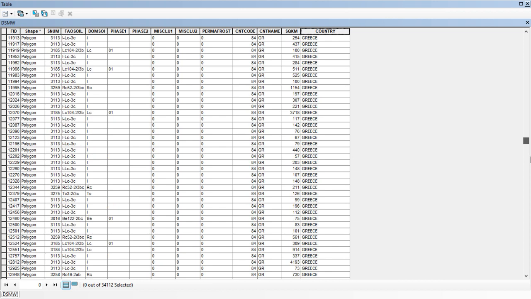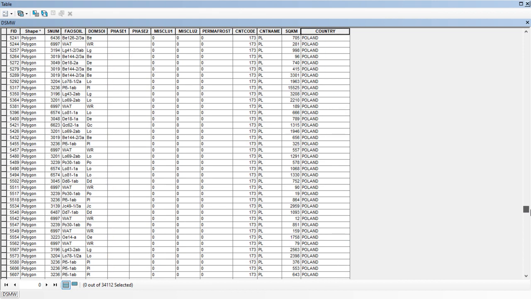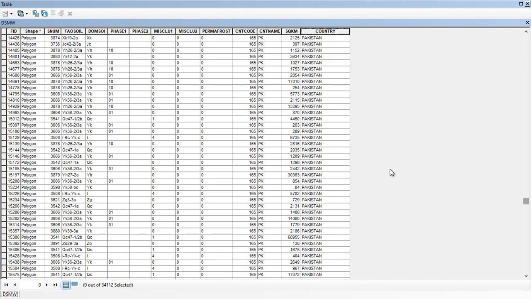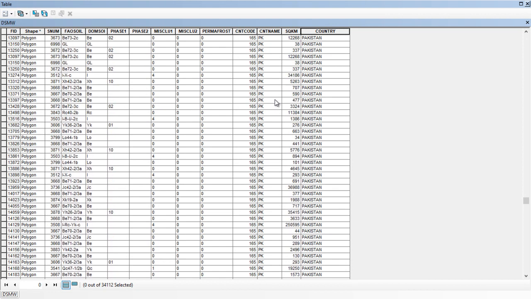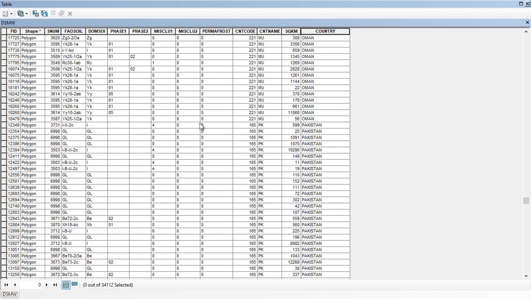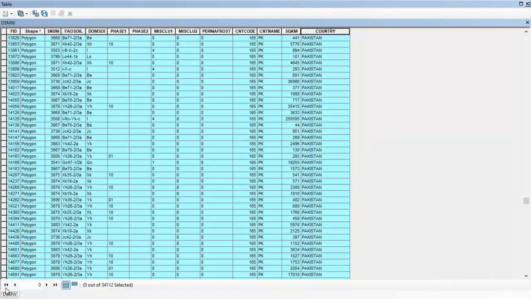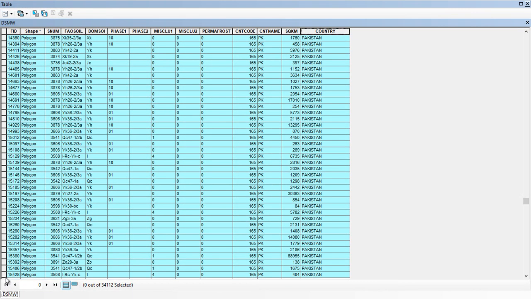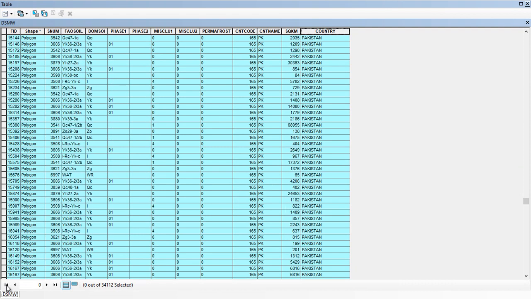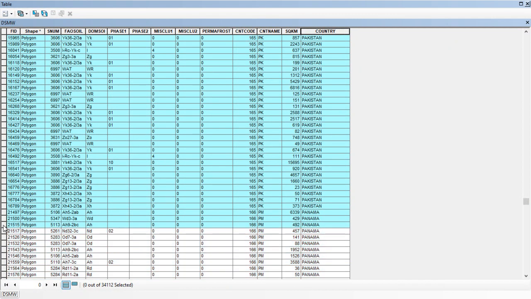Now go to Pakistan. Here Pakistan starts from here. Now hold the left click button and scroll down up to the data where Pakistan ends. Here you can see that I select this one, press shift and also select that.